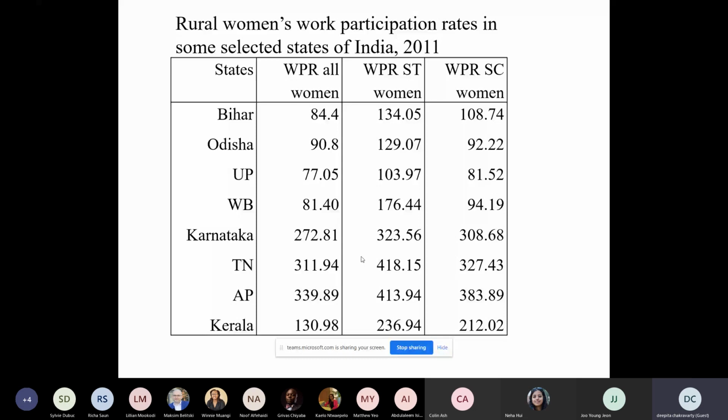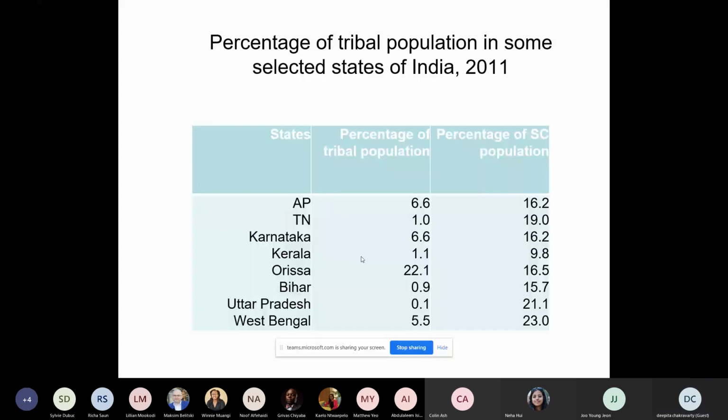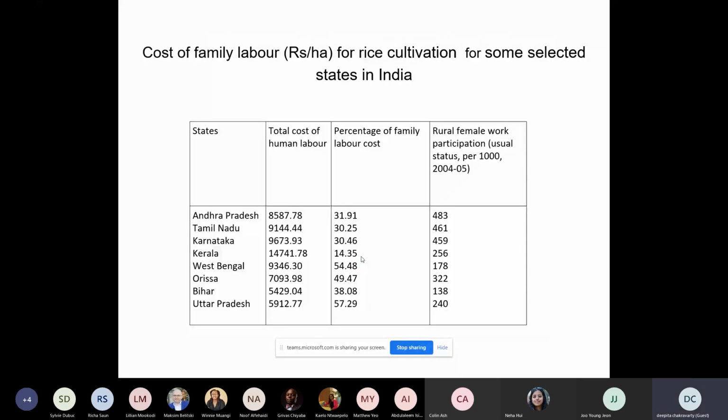Now, the last point, I wanted to talk about the pre-land reform era also. But if there are questions, I can take that up later. I'll be very happy to do that. But let me very quickly talk about Bihar. Now, in the context of Bihar, what we see from the cost of cultivation data is that Bihar is